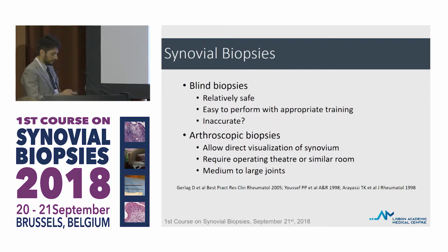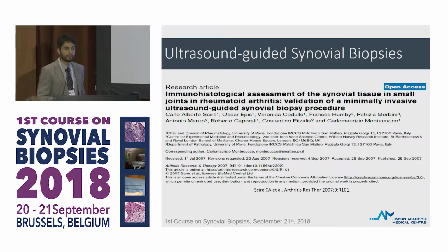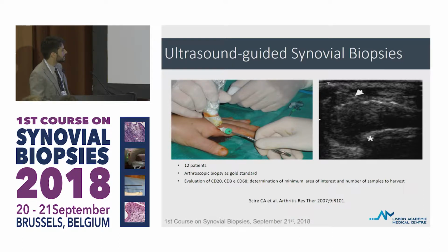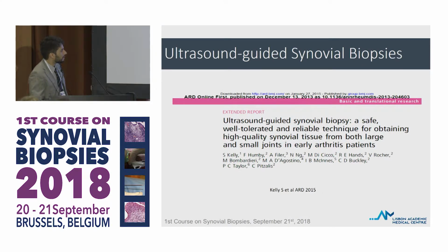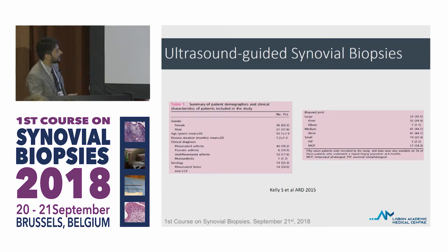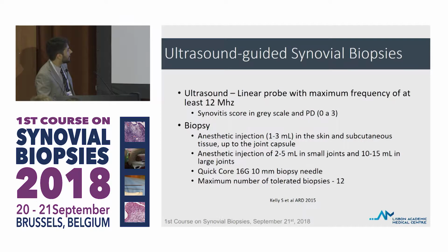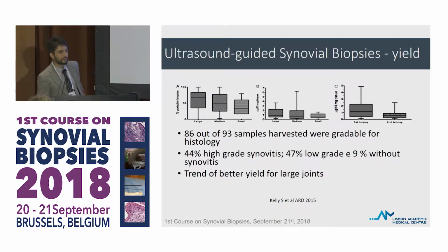We have just discussed that in other sessions, and this is one of the important papers that was also already cited by Carlos Hire, on the validation of a minimally invasive ultrasound-guided synovial biopsy with the portal and forceps approach, with a comparison with arthroscopy, and it was already discussed. One of the most important ultrasound-guided needle biopsy papers, I guess, was this one from Stephen Kelly, and it has shown us that they biopsied mostly wrists and knees, but also some other small joints. Sorry to move around fast, because all of this has been discussed and I don't want to bother you. I want to pass to the more technical part